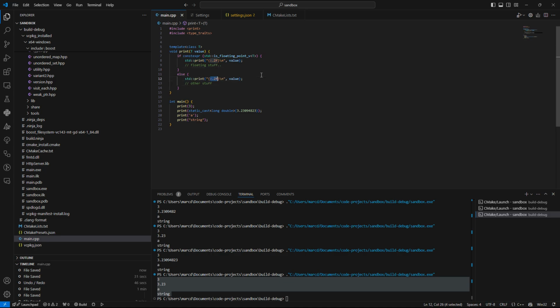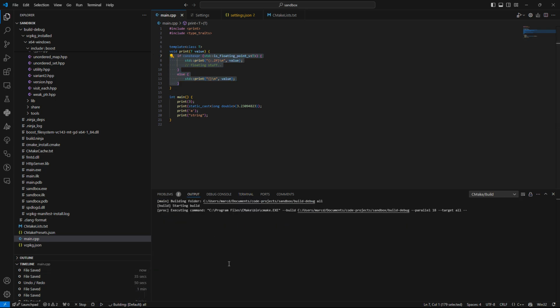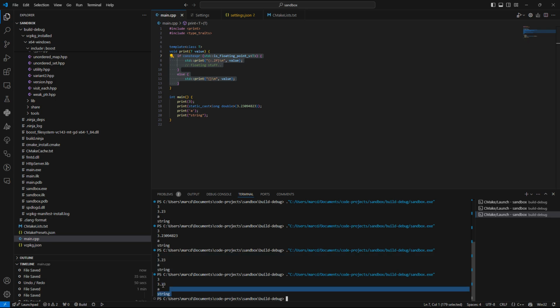And we don't want to do that for other stuff. So this is basically the same as the std::enable_if, but you cannot always use this construction because let me just quickly execute the program so you can see. See 3.23 exactly as we wanted,